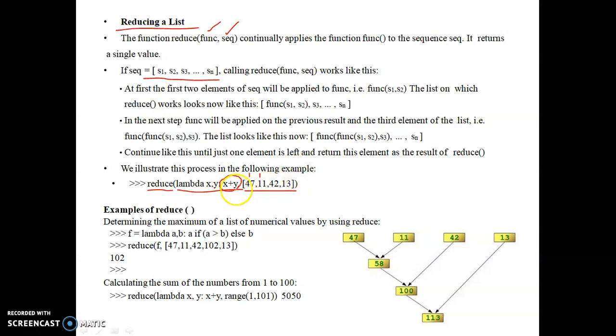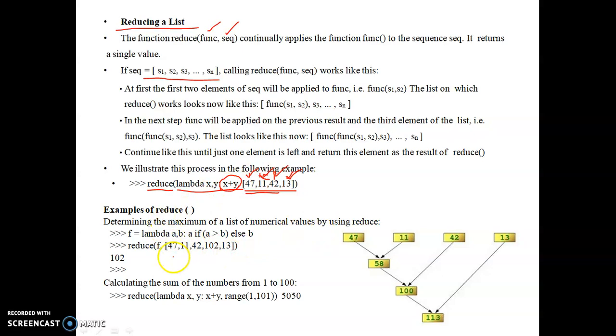Okay, the x plus y value is used with the third number, that is, the addition result of these two numbers is added to the third number. And again, whatever addition we get from the three numbers, that result is used for the last number, the fourth number, and it finds the addition value. That is, it is finding cumulative additions. First the sum is 47, then 47 plus 11, then 47 plus 11 plus 42, then 47 plus 11 plus 42 plus 43. It finds a cumulative addition of the numbers.